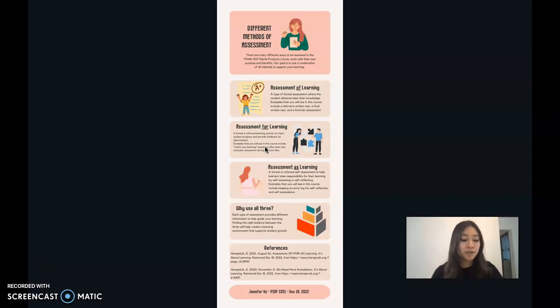So examples where students might see this in the course include our weekly practice labs. During these labs, students will work in pairs and they will peer evaluate each other on their sterile technique. And then students use this feedback from their peer to improve on their sterile technique before their final practical lab assessment. Another example is that there are short check your learning questions available on Moodle after each unit